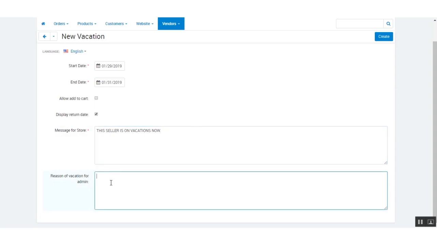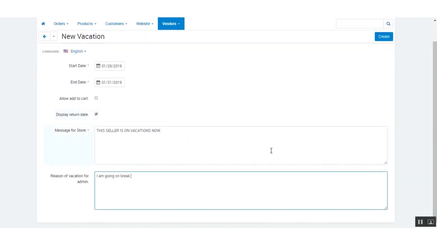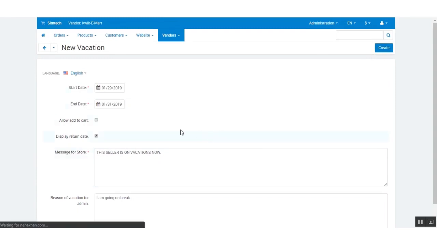Next, in this section a seller needs to specify a message for the vacation which he wants to send to the admin. This is the reason that is visible only to the admin, and this is the message that will be displayed on the store. When the seller has completed all these request settings, then he can click on this create button,